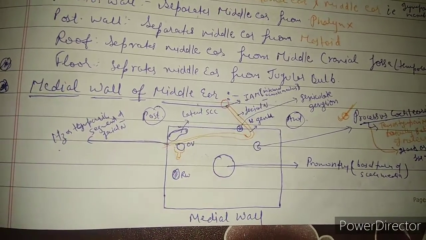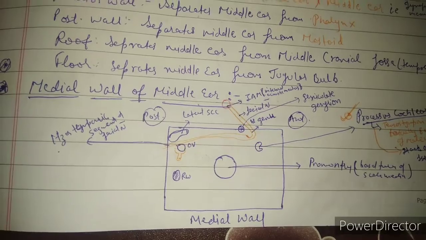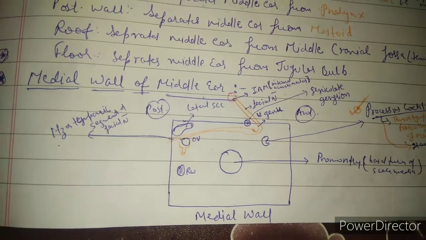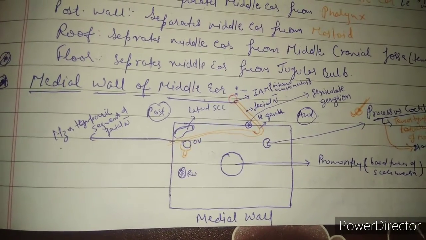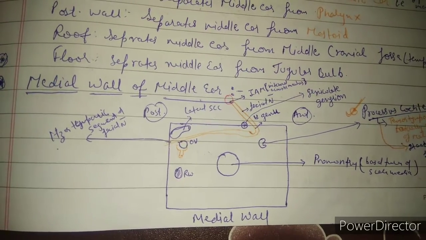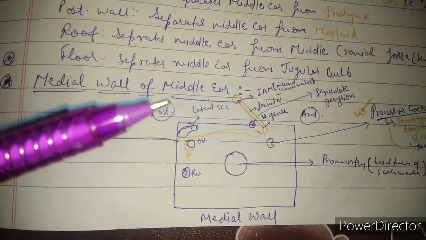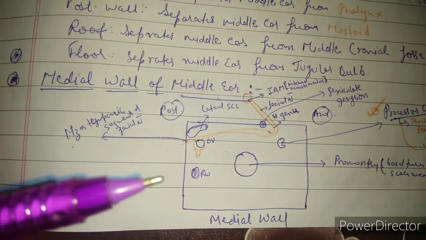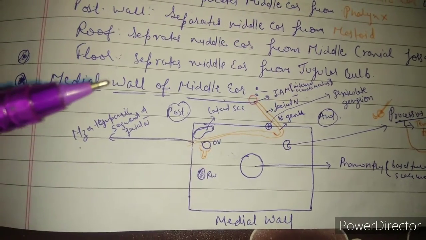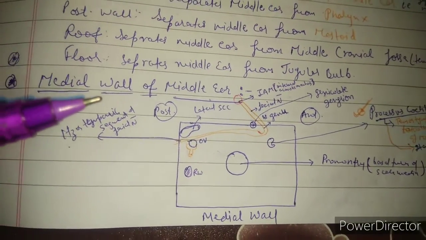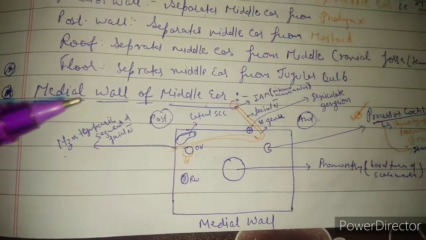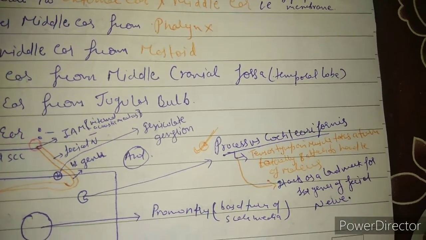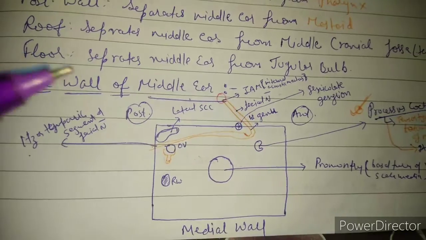So guys, you don't have to just mug up these structures, just understand the diagram, and when you draw this diagram once or twice, then all the structures will be learned and get fixed in your head. So in the anterior part, we have the processus cochleariformis. Above that, we have the geniculate ganglion of the facial nerve. The facial nerve comes and turns, and above the cochleariformis we have the first genu of the facial nerve. And what is the significance of processus cochleariformis? We have seen the tensor tympani muscle takes a turn laterally and attaches to the handle of malleus, and it also acts as a landmark for the first genu of the facial nerve, as we have seen in this figure.